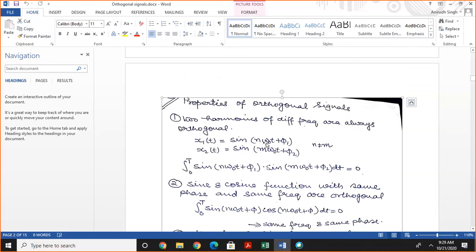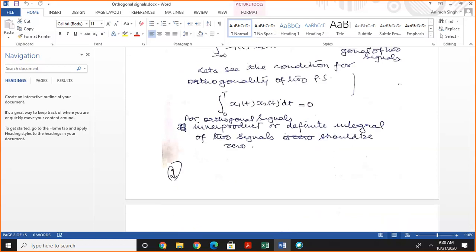Then properties of orthogonal signals. First property: two harmonics of different frequencies are always orthogonal. These are two harmonics, sine n omega naught t and sine m omega naught t. They have different frequencies. In the first case the frequency is n omega naught, in the second case the frequency is m omega naught. So x1 and x2 are two harmonics with different frequencies and also different phases. Because these are orthogonal periodic signals, if we take